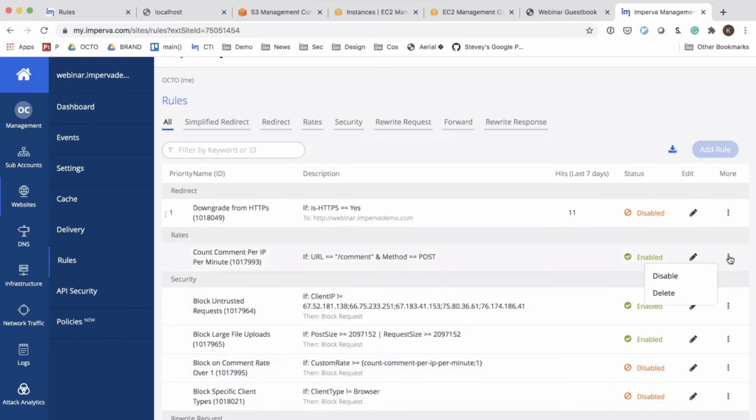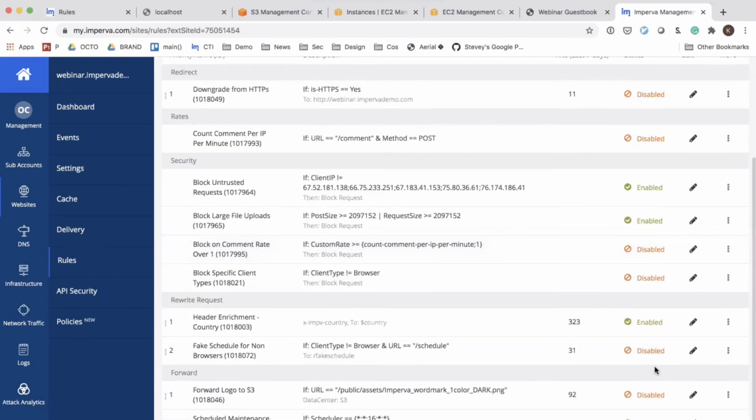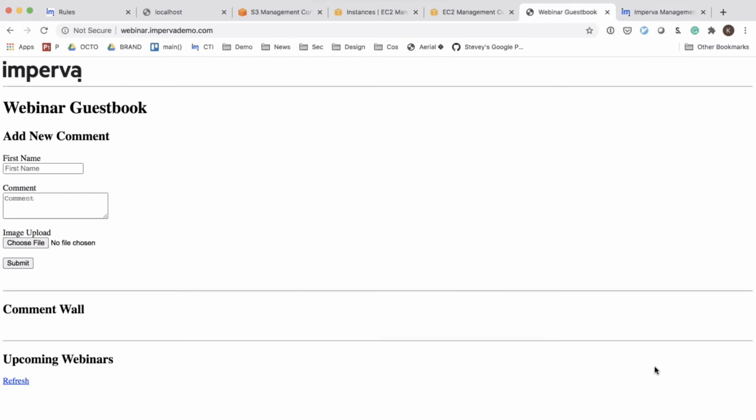So I can, if I wanted to really quickly, disable rules. And again, sometimes it's helpful to do this enabling and disabling of rules if you just want to isolate exactly what one specific rule is going to do. Again, you can use the real-time dashboard to really look and see what you did trigger on in this case. But this is a really good way to start isolating them. I think for a webinar like this, which is relatively instructive, it makes sense to disable some of these rules as we're building them in progress.